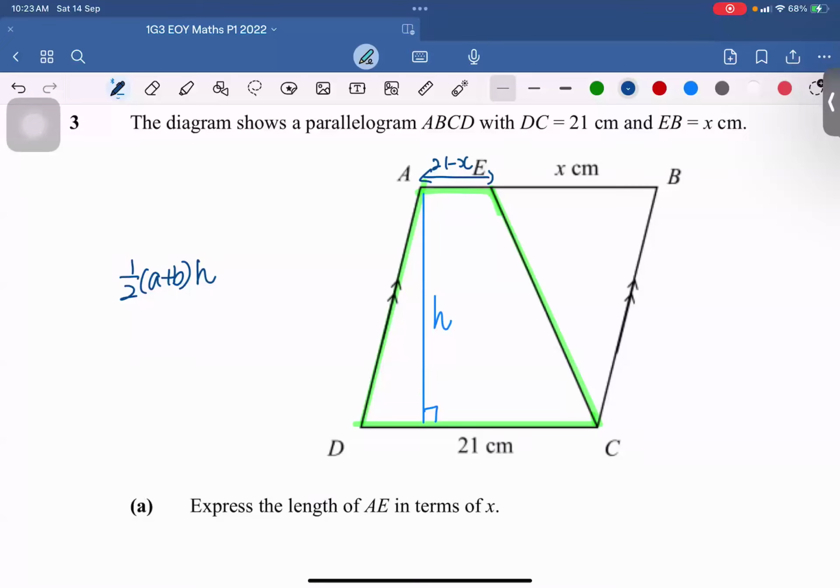Base times half parallelogram. Parallelogram, no, half one. Oh wait, base times perpendicular height. Correct. So in this case, the base of the parallelogram here will be the number